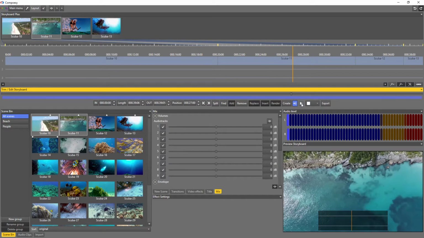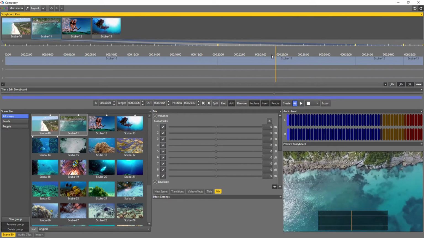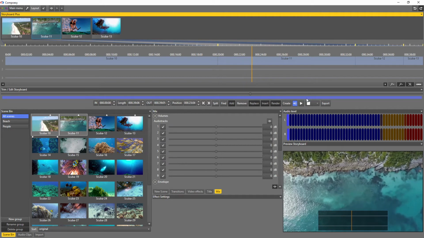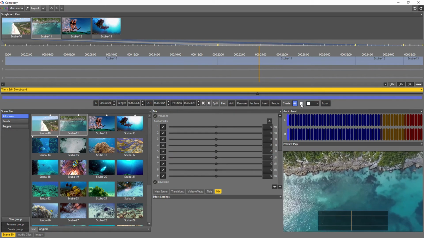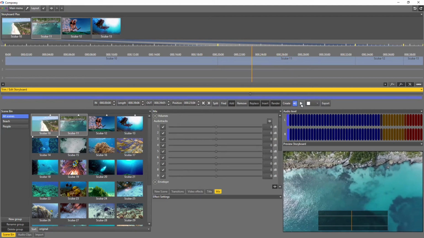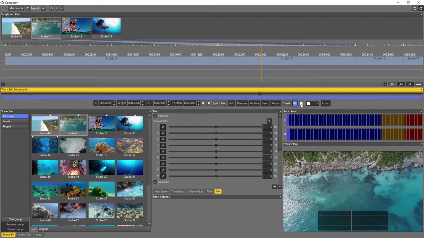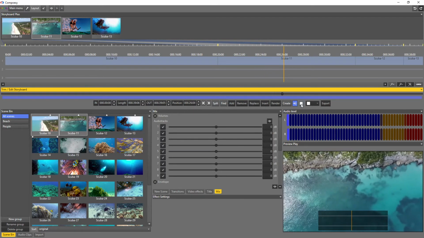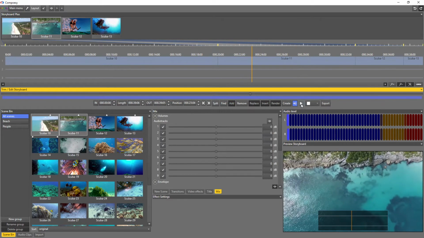If you want to review a special section again and again, press the Escape key while playback. Pressing Escape will reset the orange marker to the beginning of the playback.